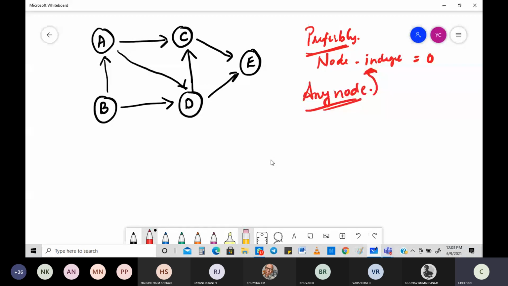So we'll do two things. In this example, we'll choose a node that has an indegree equal to 0, then we're going to look for it. And probably in the next example, we are going to choose any node and work with regard to it. So let's choose a node that has an indegree equal to 0, the B node. Node B has indegree equal to 0.